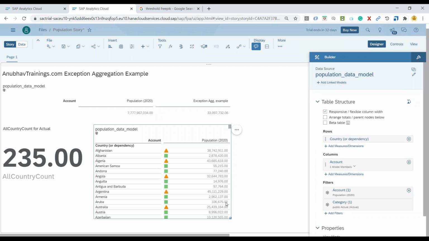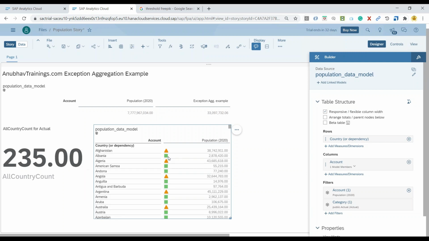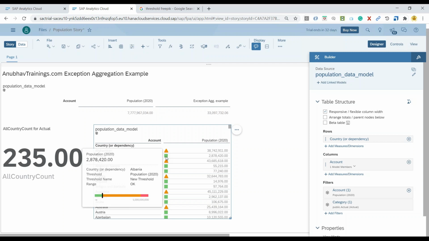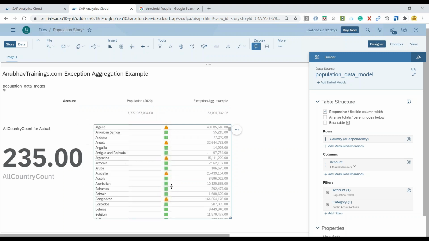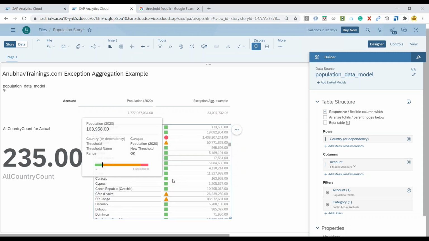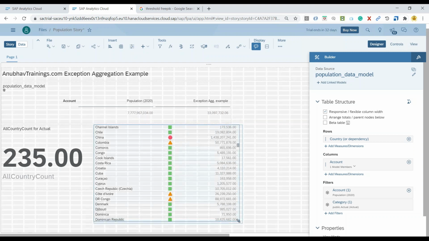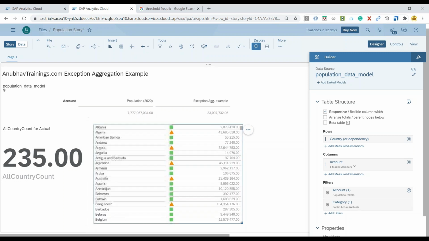The moment we do that, you can see it has detected all the thresholds and it's already showcasing a nice, beautiful icon. It also shows in a bullet chart exactly what the situation is in terms of the threshold level for this particular country. It's in a green zone. You can see all the green, red, and yellows according to the values which you have provided. And you can see this particular country, which in this case is China, has exactly crossed your threshold level of 1 billion. Now that's a nice feature which gives you a pretty cool visualization when it comes to threshold on the dataset. And there is a lot you can do with the threshold.